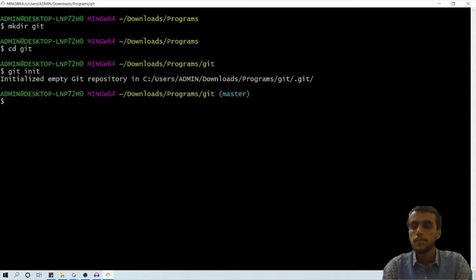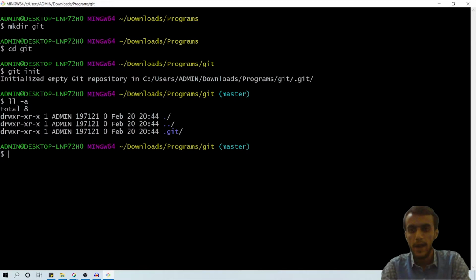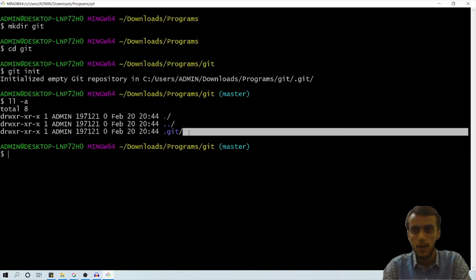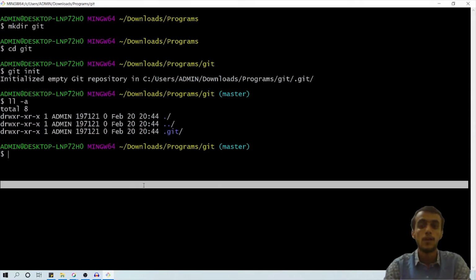If you want to see the .git directory, just write ll -a, and as you can see here is our .git directory. The .git directory within our git folder is very special.